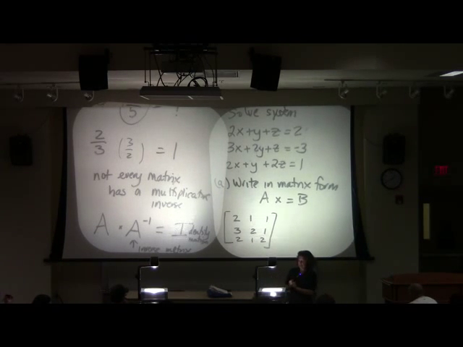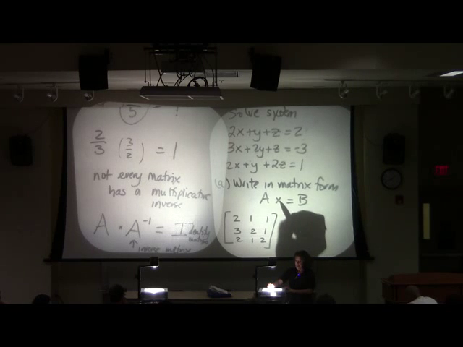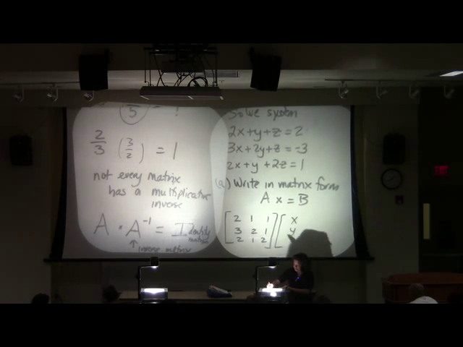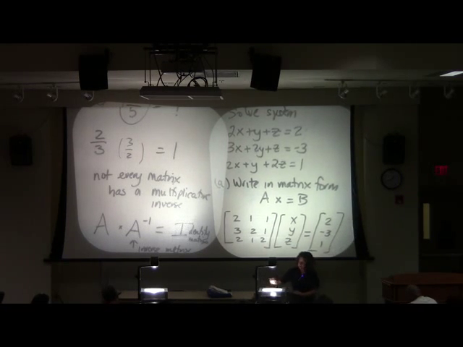This is matrix A. That's our coefficient matrix. X is also a matrix. He's X, Y, Z. Equals, and your matrix B is whatever it is equal to. This will always be your first step. Are there any questions, first off, how I took my system and wrote it in matrix form?